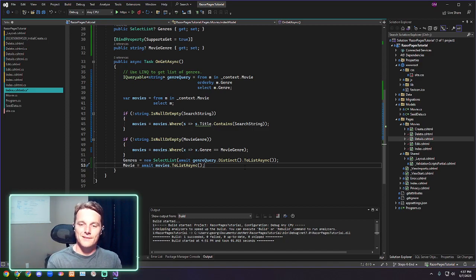But yeah, that's a little bit about the why. Let's get back into the how. So we're still using the same search string logic here. We're filtering for the title that contains search string. Another if statement: if the movie genre selection isn't equal to null, so if this function returns false,